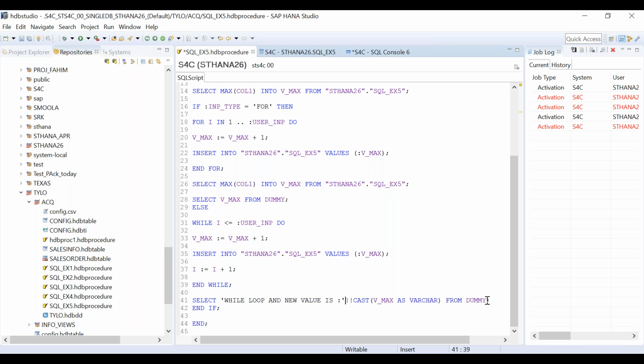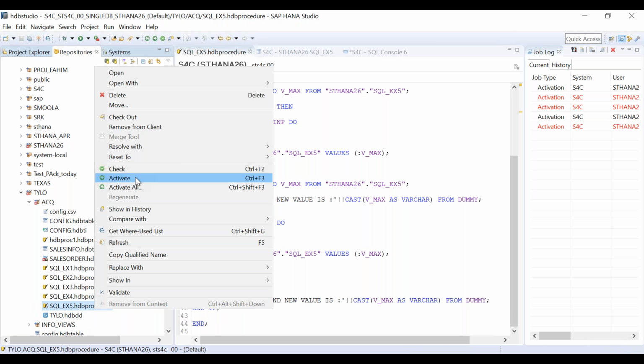All right. So let's copy this, and I will write this thing here also. For loop and new value is this. Okay, save and activate.